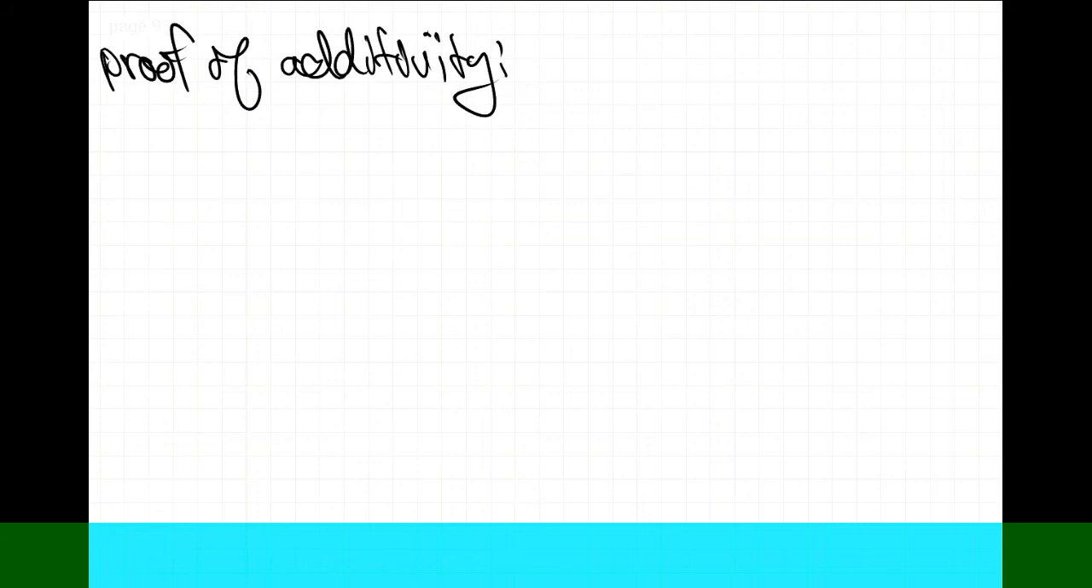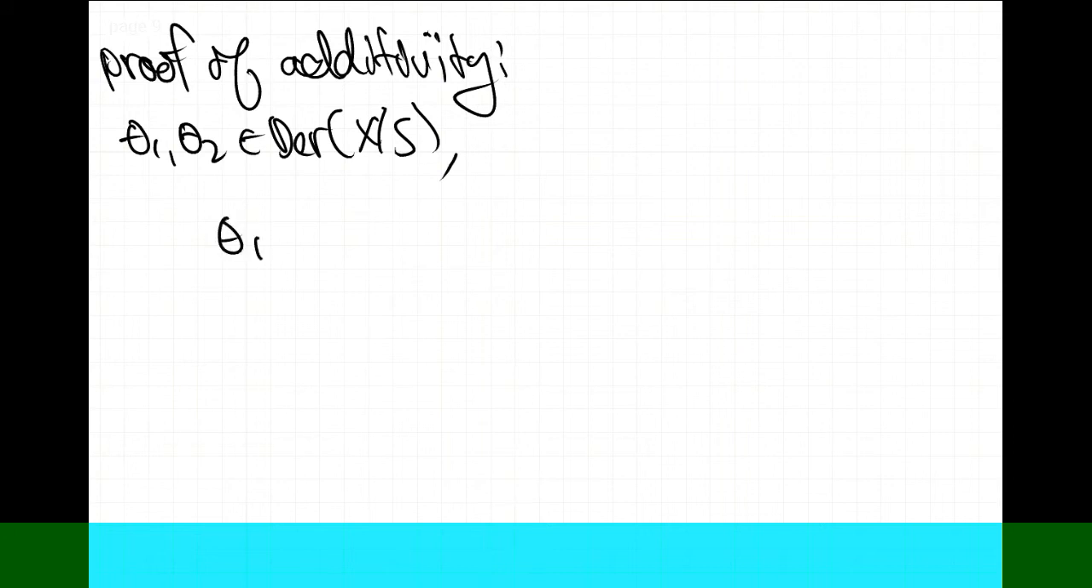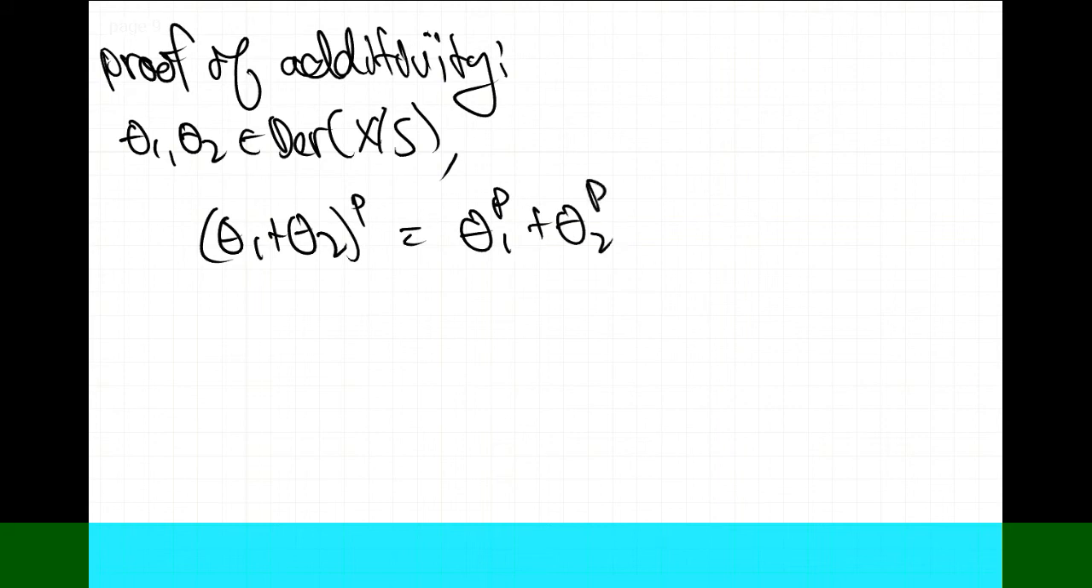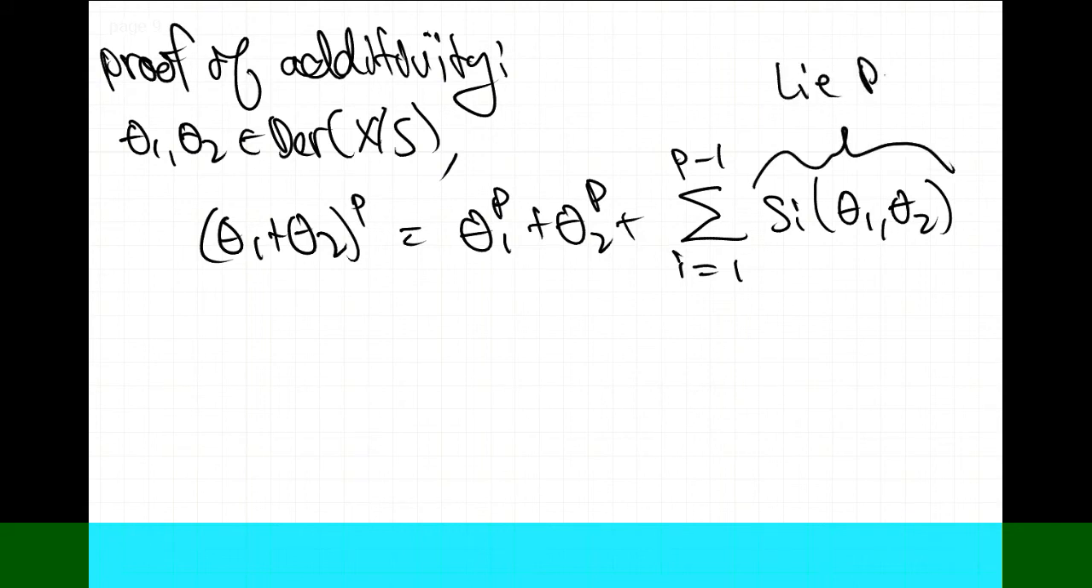So now what we'll do is we'll take, let's see, so I have my little cheat sheet here. So what I do is I take theta 1 and theta 2 derivations. Okay, and what we'll do is we'll take Jacobson's formula. Okay, so this thing says that this is theta 1 to the p plus theta 2 to the p plus the sum for i equal to 1 up to p minus 1 of s_i of theta 1, theta 2, and these guys here are Lie polynomials. Okay, so we have some universal polynomials for here. Since they're Lie polynomials and this thing is integrable,